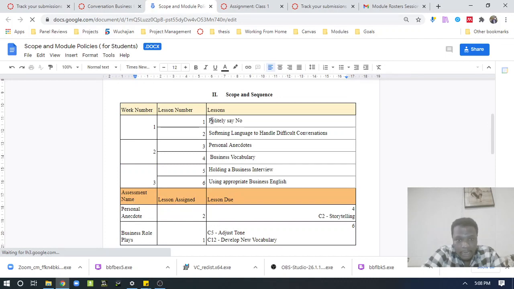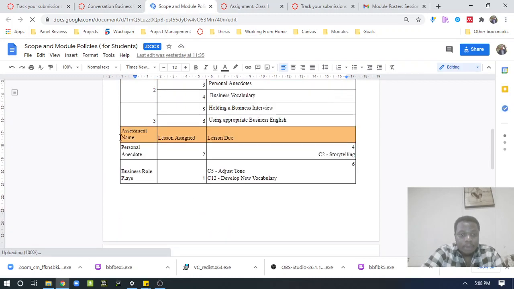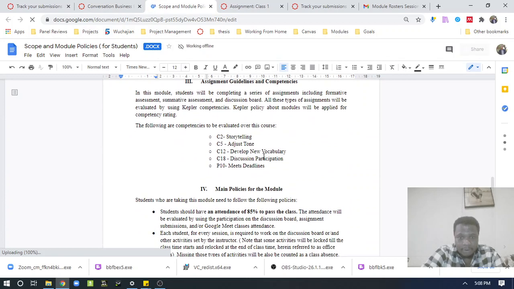We will learn how to politely say no, how to use softening language, we create personal anecdotes, we learn business vocabulary, how to hold a business interview, and using appropriate business English. Those are the 6 lessons that we shall be learning. And then we have 2 main assignments, the personal anecdote, and the business role play as our final deliverable.